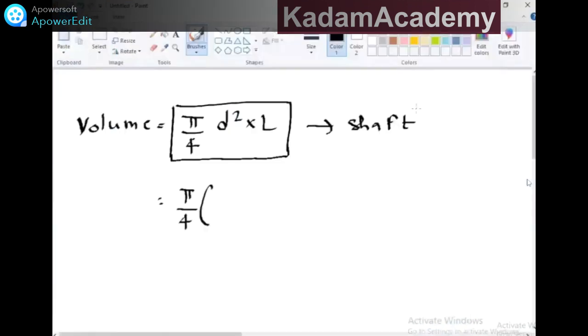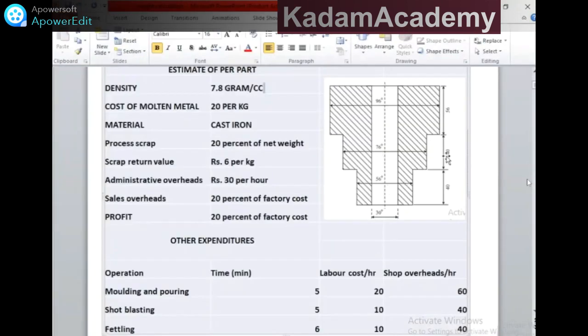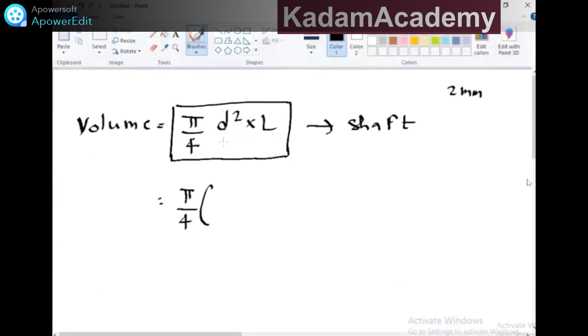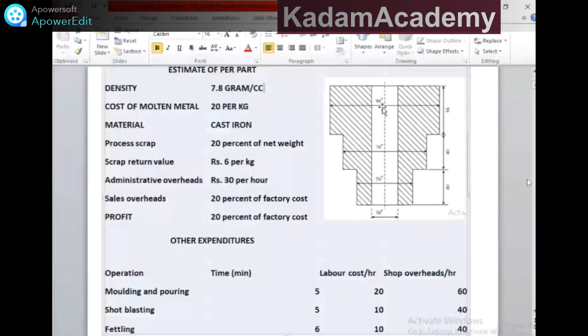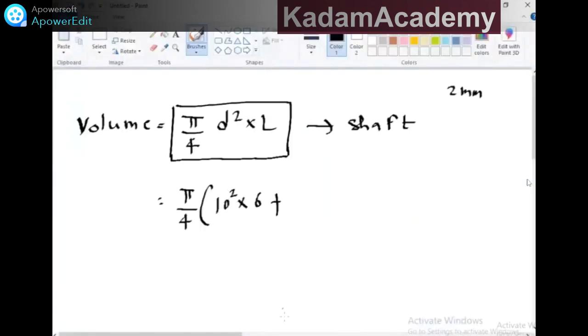Okay. Now I will add 2 mm clearance on every side. So I will be adding 2 mm clearance on every diameter, and then I will be adding the 2 mm clearance along the length. So what will be the first diameter in this case? First diameter is 96. If I add 2 mm clearance on the diameter, that will become 100 mm, and the length will become 60 mm. Okay. So we'll take as 10 square into 6